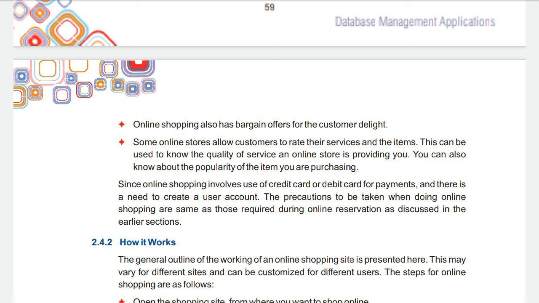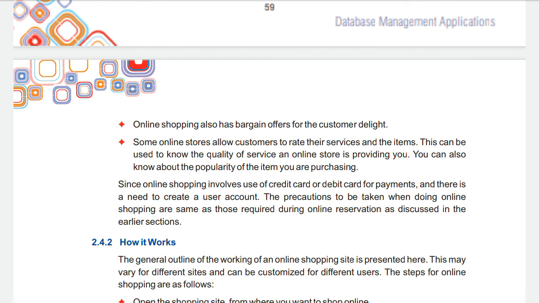Okay, so you have to take precautions while doing these transactions: the password you set should be complex. It should be a combination of lowercase characters, uppercase characters, special characters, and numbers. Your password should not be your name, and you should not share your password with anyone. All these precautions we should take if we want to do transactions using a debit card or credit card.